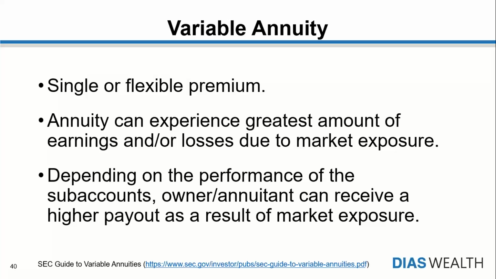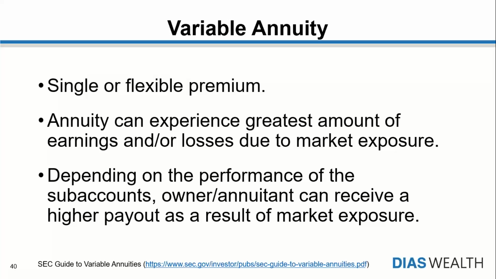The problem is you have to catch these at the right time, and not a lot of people do. Of course, you have the fees, which we'll go over in just a few minutes. But the other part is, let's say you did have that positive aspect of it, and you were able to receive a higher payout because you put a lot more exposure on the annuity itself. Once you start taking withdrawals, and once you start having losses, because at some point they will experience losses, that will eat into the contract a lot sooner. And this is where, as I talked about earlier, once your account balance gets down to zero, it essentially turns into an immediate annuity at that point, and then you're locked in.